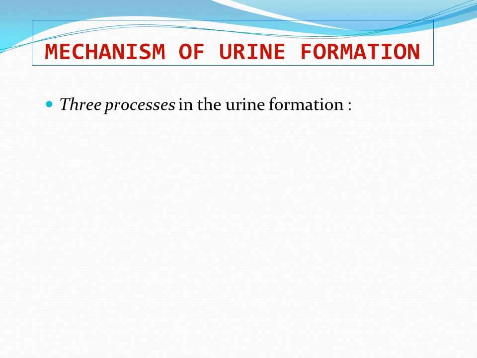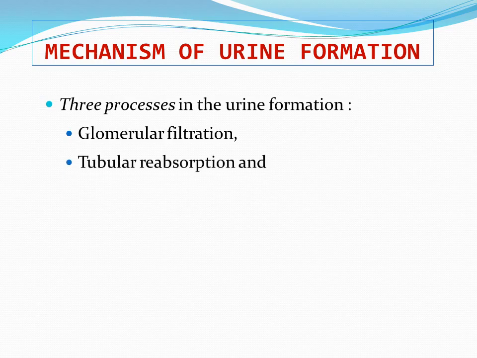Before going to the details of today's topic, let's have a brief look at the mechanism of urine formation. Urine formation, the primary function of the kidney, includes three basic steps, of which the first is glomerular filtration, which we have to discuss today in detail. Second is tubular reabsorption, and the third major step of urine formation is tubular secretion. After these three steps, ultimately the urine will be formed and excreted by the kidney. Glomerular filtration is the filtration of plasma through the glomerular membrane, and the filtrate will be poured into the renal tubules.